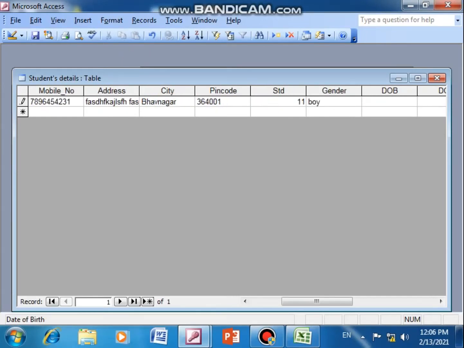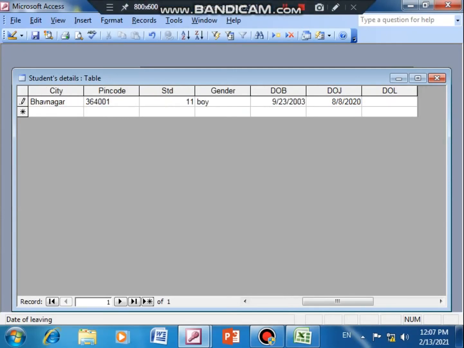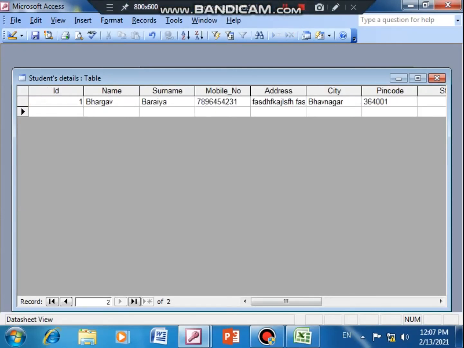Date of birth? 2000. Date of joining. Okay, so I have done the entry of the first record. Now as soon as I press the tab key, I will go to the next record. Fine. Like this you have to go on doing the entry.